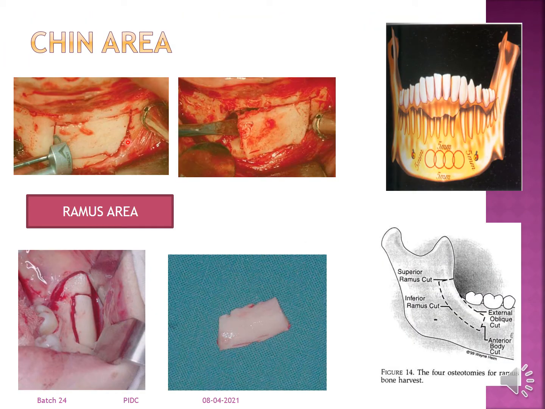In the same way you can take a block graft from your chin area. This is a block graft and how it has been removed, especially from the chin area, the mentalis area, which is suggested. This is an Audi design wherein you have 5 mm from the apices of the teeth, 5 mm from the inferior border of the mandible, and 5 mm from the mental foramen on both sides, giving an Audi design effect. By this you can procure your graft from the chin area. Ramus graft, you can also take it from the ramus area. A block graft can be acquired, and the 4 osteotomy sites are given here.